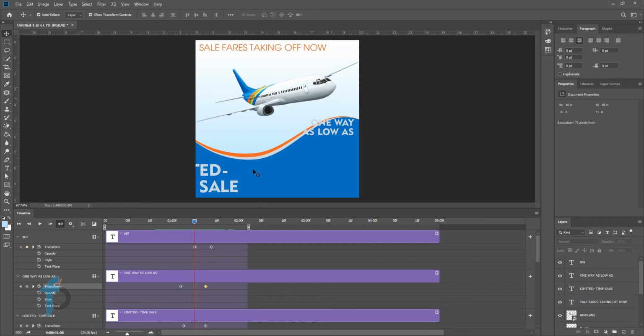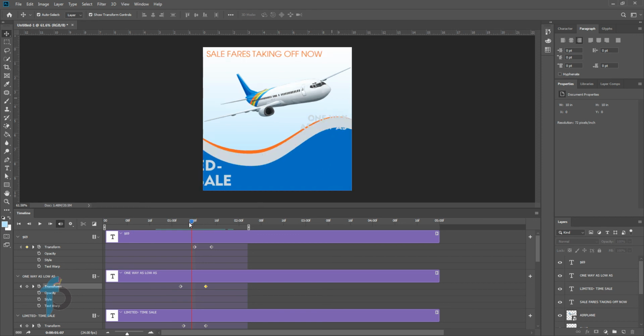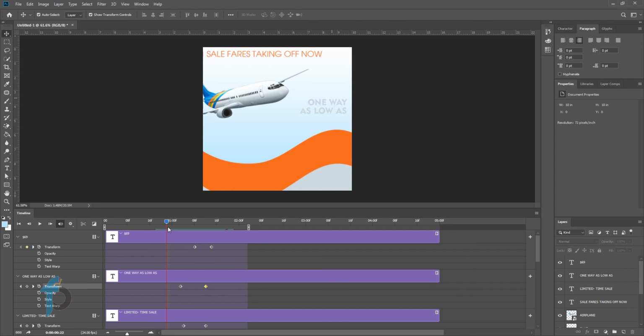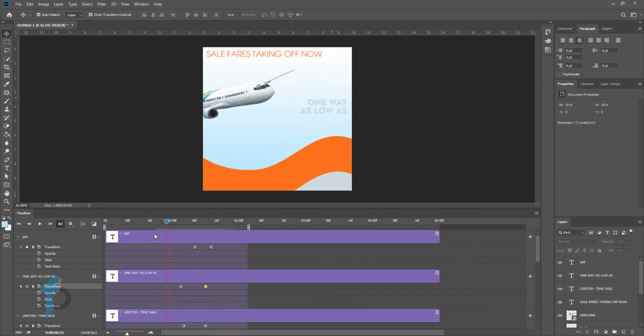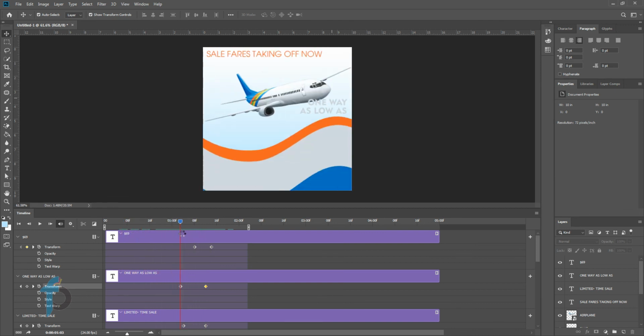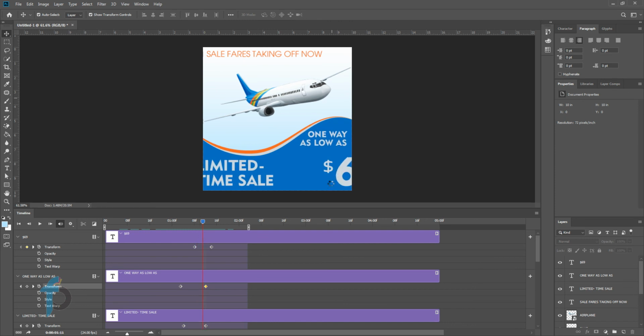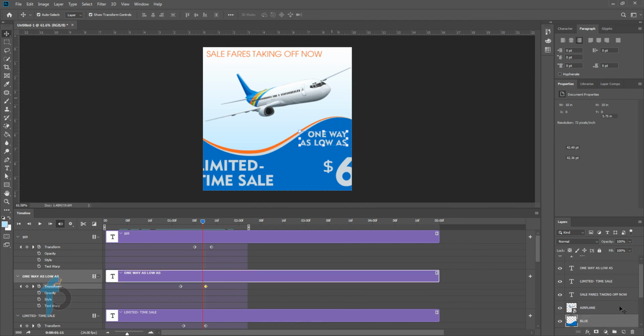All right, it's a little more advanced, but I would like to show that from now, so you have an idea what you can create here in Photoshop. Okay, what we're going to do is select the blue layer, the blue shape. All right, and then when you select the blue shape, you're going to press